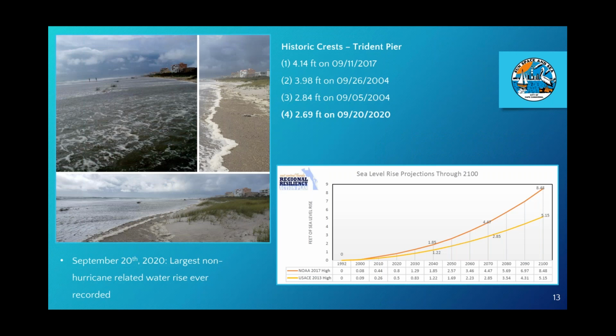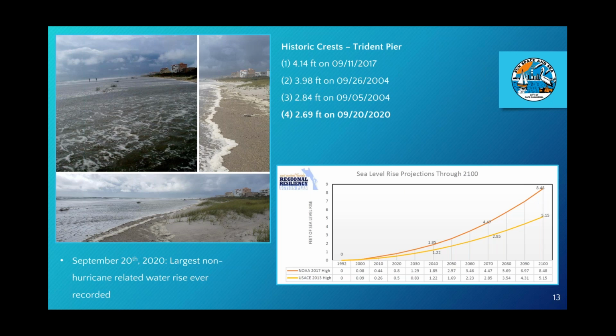Sea level rise, which is being observed across the globe by satellites, tide gauges, and visual markers, is also compounding the effects of these storms, making their storm surges higher than they normally would be. Tide data from Trident Pier in Port Canaveral clearly shows an increase in the level of annual high tide events, and a consequence of this is increased coastal flooding and inundation. An example of this happened last September, when the city saw one of its highest non-tropical related storm surge events. Trident Pier's tide gauge saw a 2.69-foot water rise at high tide, causing most of the city's beach to flood, and the waves impacting the beach's sand dunes.